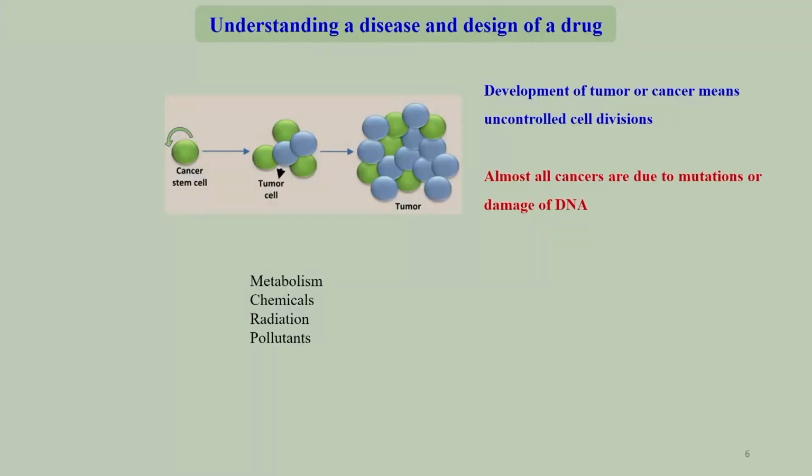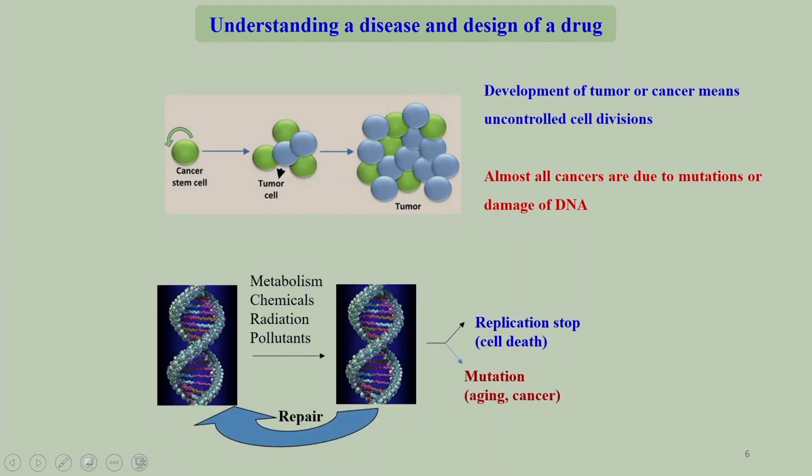So, if you look at the tumor or the cancers, cancer means the uncontrolled division of cells. If you have one cancer cell, then very quickly it grows fast and makes more cells, and they are all infected tumor cells. Almost all cancers, I will see later on how they are formed, are due to mutations of DNA which come from the damage of the DNAs. So, this is a DNA.